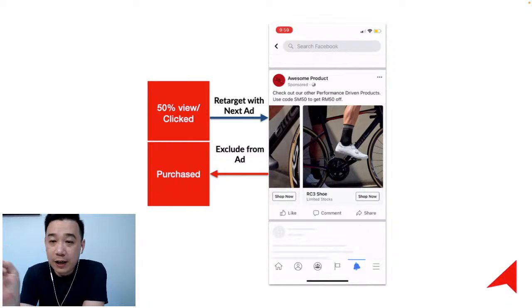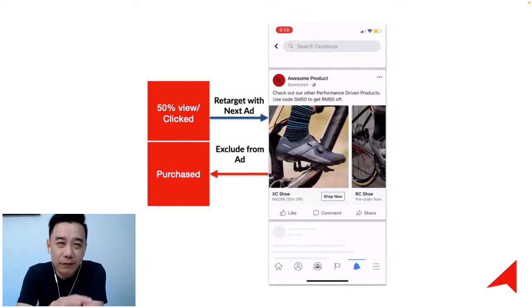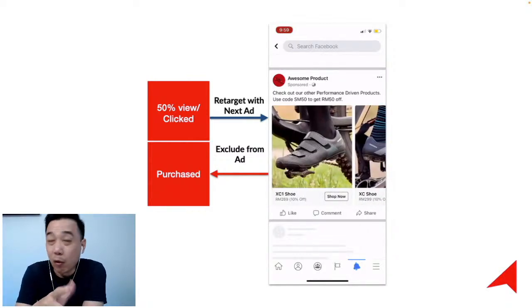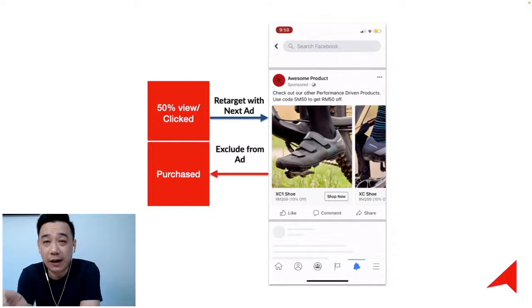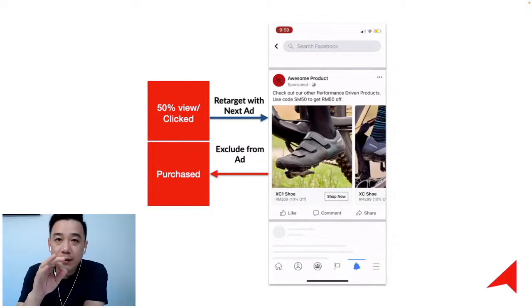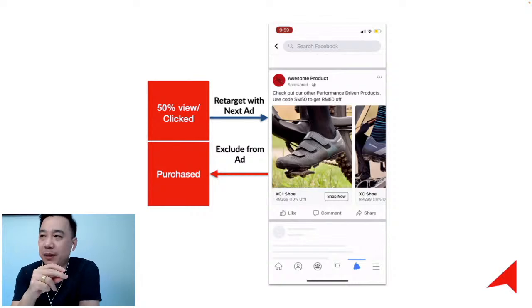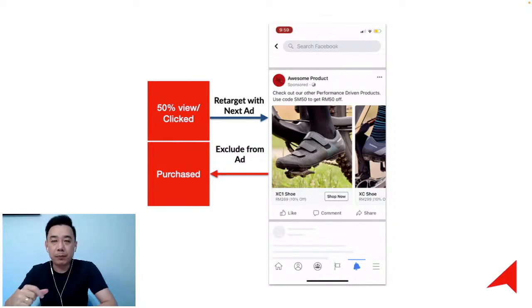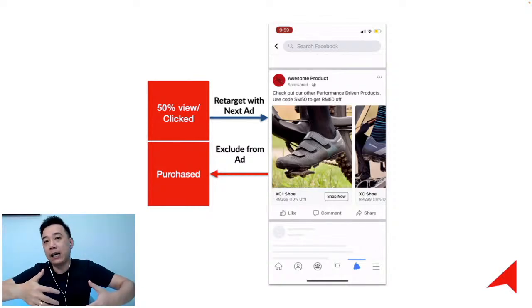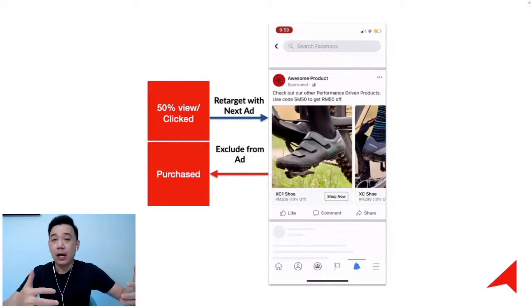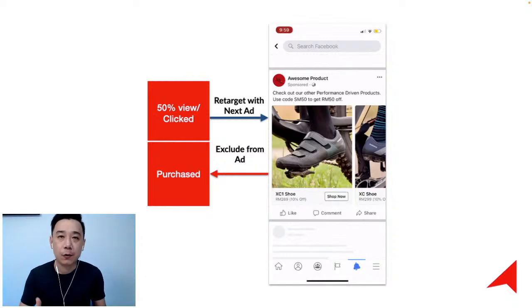But when it comes to retargeting, some of you have probably explored retargeting and probably don't see good success with it. Let me tell you a few reasons why. First mistake, over-retargeting. What most people do is, I want to retarget people who went to my website in the last 60 days. Some even go for 180 days, because in their opinion, the longer I go, the more people I have. That's one common mistake. But why do I say it's a mistake? Now, let me ask you this question.